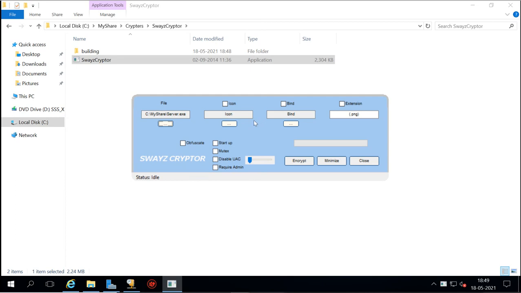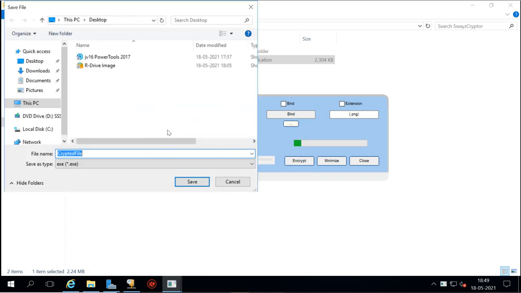It is a startup, or let's do encrypt here. So I will encrypt this one using this cryptor, and now it is asking where I want to save. I'm going to save it on the desktop. Okay, cryptor file.